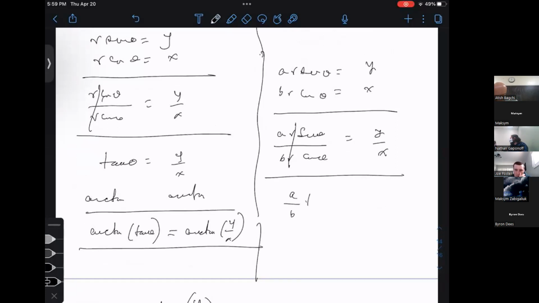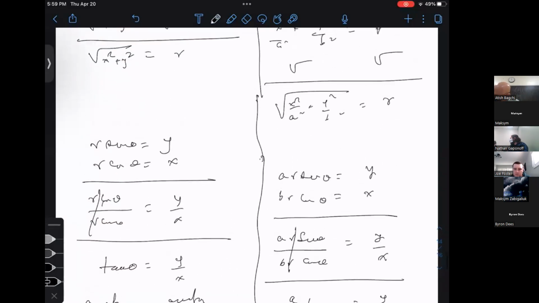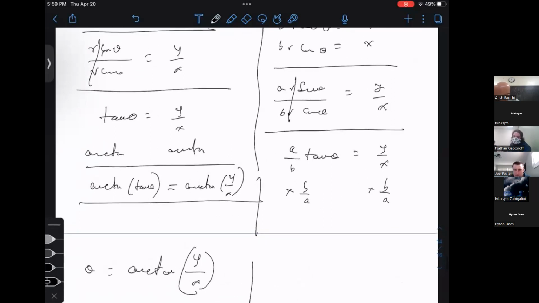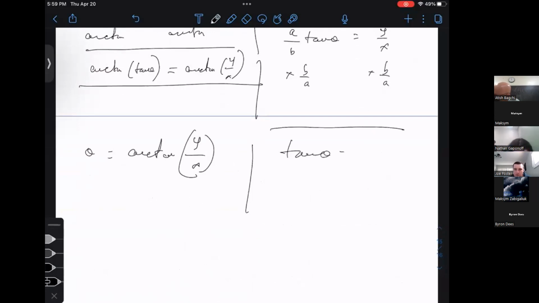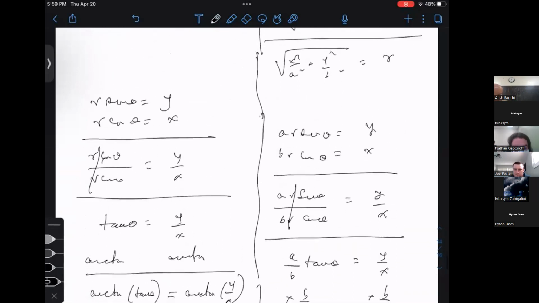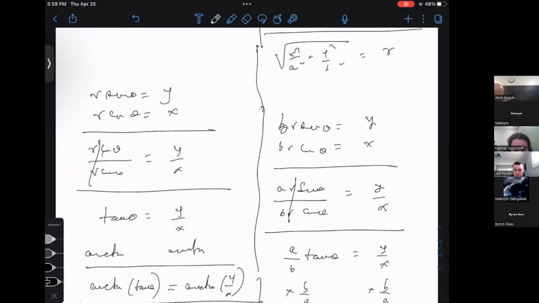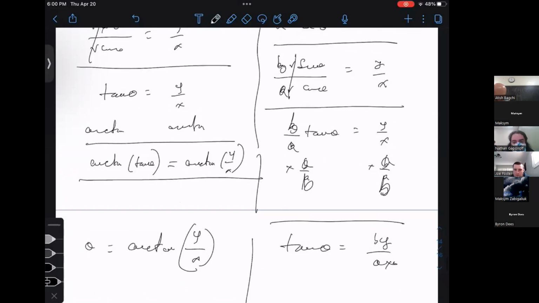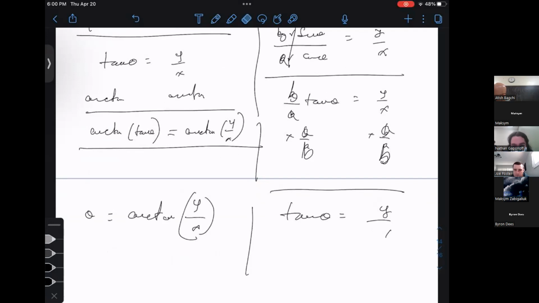Well, that's fine. A over B tangent of theta is equal to y over x. Okay, so this means I have to multiply both sides by b over a. So that gives me tangent of theta is equal to by over ax. This doesn't seem right. Let me see. No, just a moment, because I wrote it wrong. This is B, this is A. So this is A over B. So this is AY over BX. So if you take arctangent of both sides,